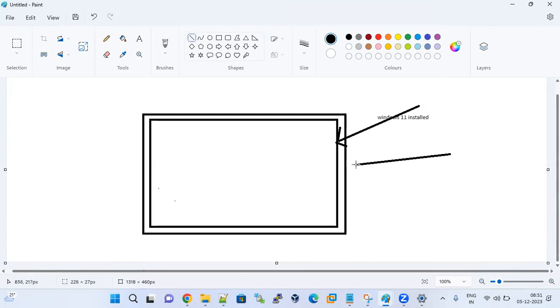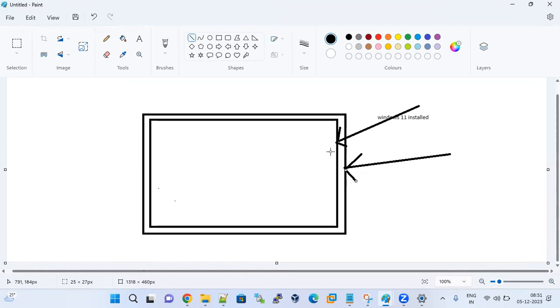This is my computer, or laptop. The first one is the computer. On top of the computer, I installed the Windows 11 operating system. If we install any operating system, if it is Windows, that's very easy. So I can do anything. I can play songs, I can give the class, I can open Paint, I can open Notepad. These are the things possible after installing at least one operating system.